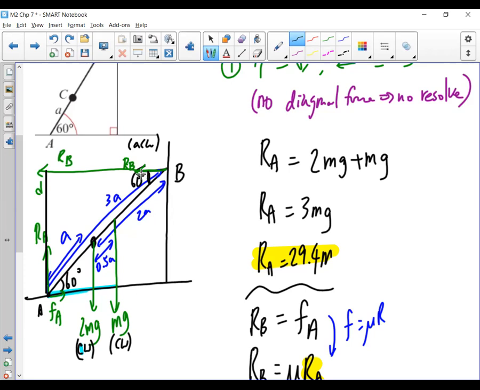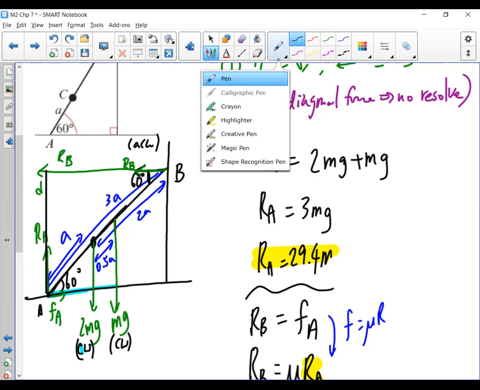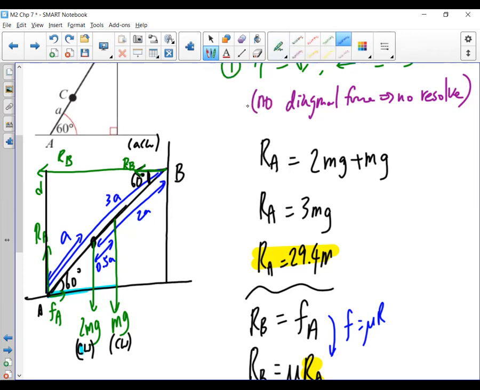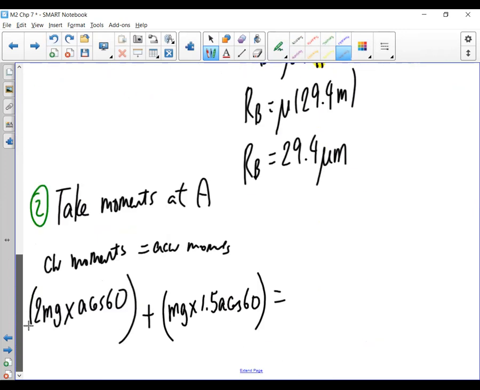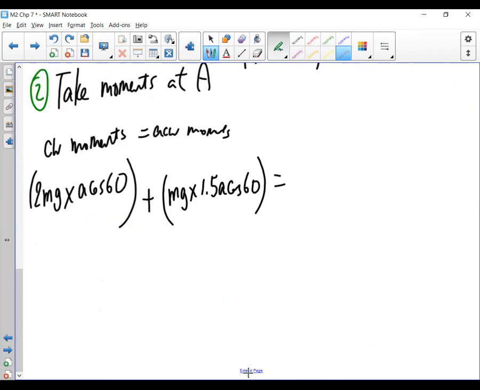So that will be 3a, it's a bit messy. That will be 3a in here, 3a cos 60. So 3a cos 60 will become the vertical distance, right? So plus, the force is RB times 3a cos 60. Right, so if you need help, if you don't understand what's going on in here, you can draw little triangles